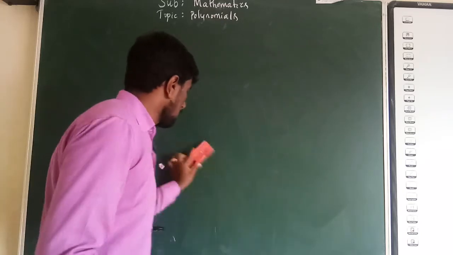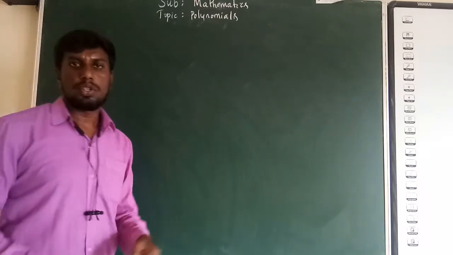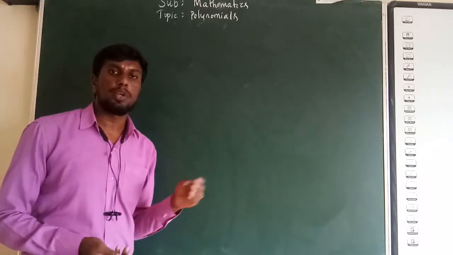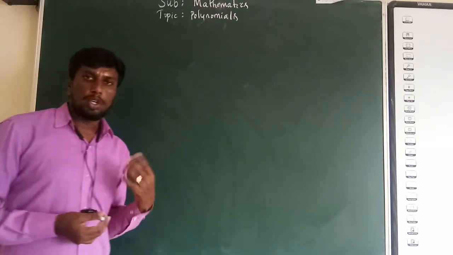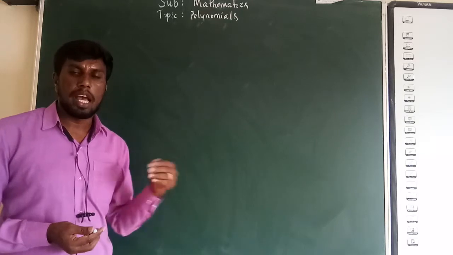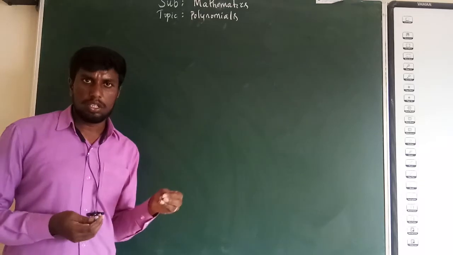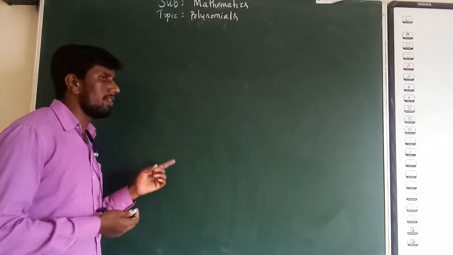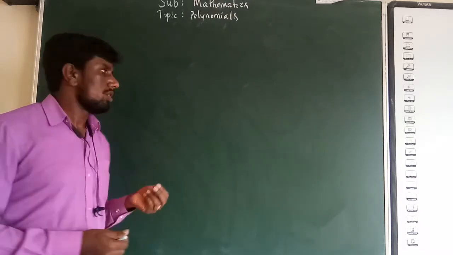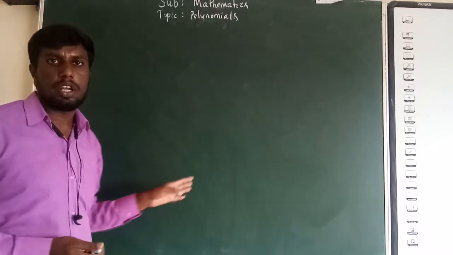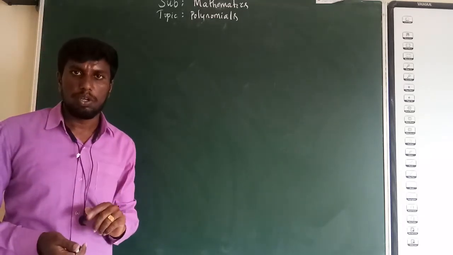This division algorithm will be useful for finding the other zeros also. Suppose I am having a cubic polynomial, third degree polynomial. If it is a cubic polynomial, how many zeros? At most it can have 3 zeros, right? So it can have 3 zeros. Suppose in the question they had given 1 zero, we are able to find out the other 2 zeros. Okay, so we can do it by using this division algorithm for the polynomials. We can find out the other 2 zeros if they are given 1 zero in the cubic polynomial.